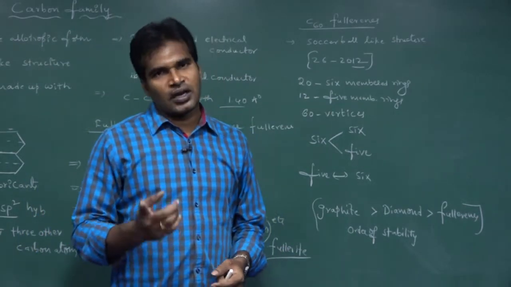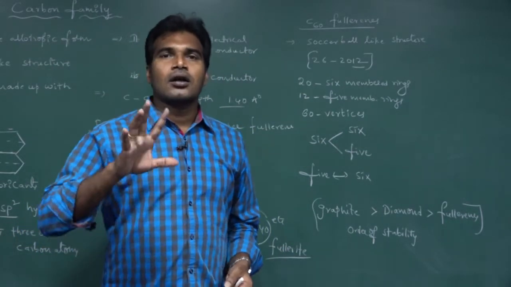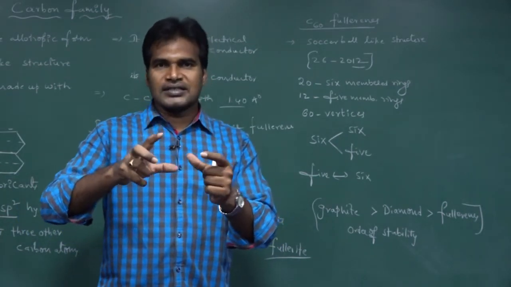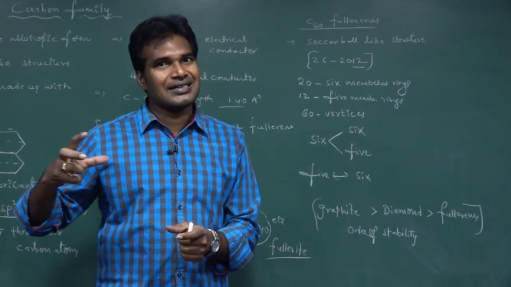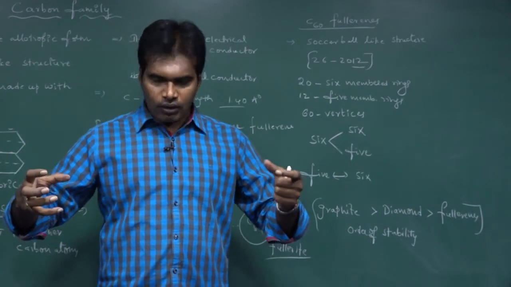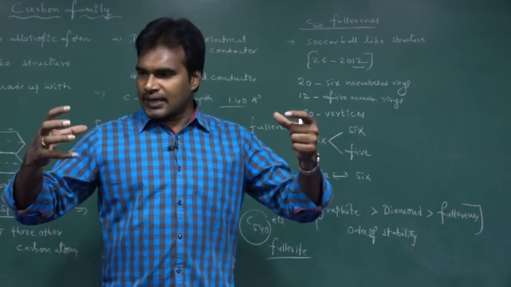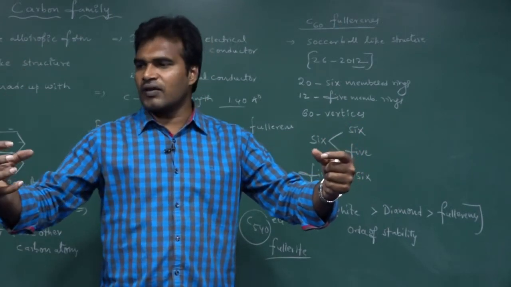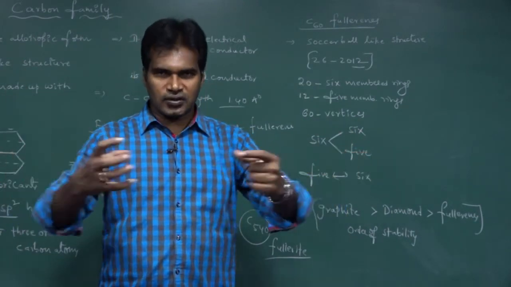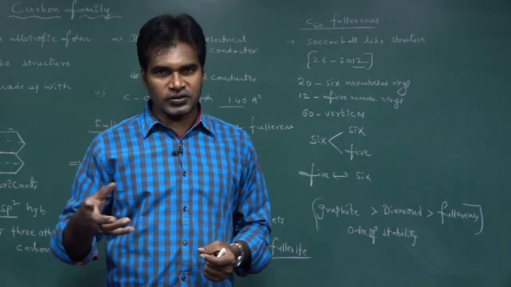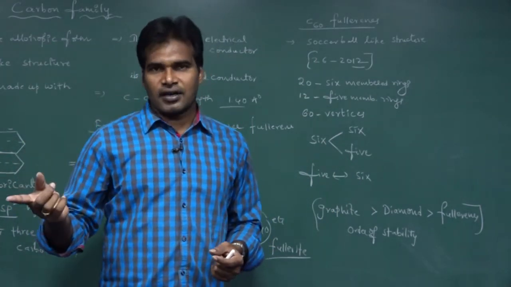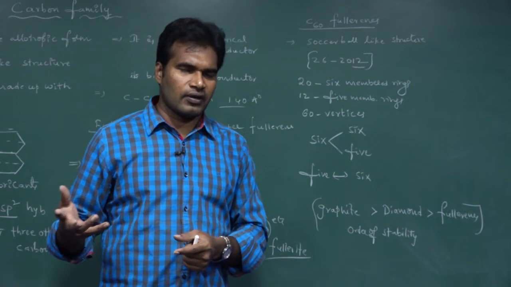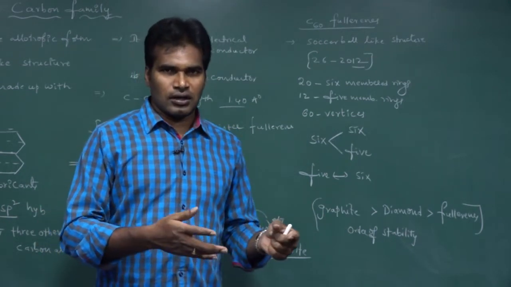In addition to that, I already told you about graphene and carbon nanotubes. Carbon nanotubes are tube-like, graphite-like tubes having buckyballs at the ends. There is a tube, and at the edges of the tube, here one fullerene, here one fullerene. That structure we call carbon nanotubes. Recently, in nanotechnology, we are using these carbon nanotubes in many ways, for conducting electricity, as an electrical conductor.